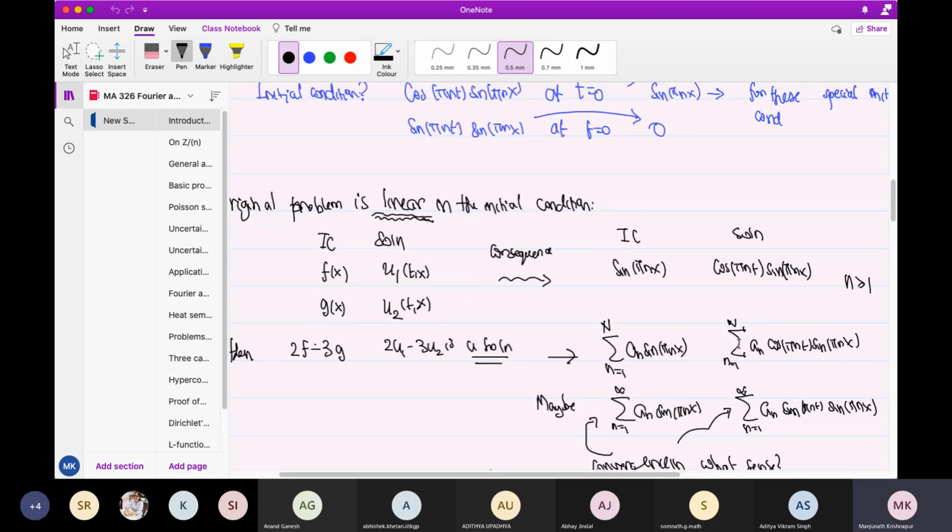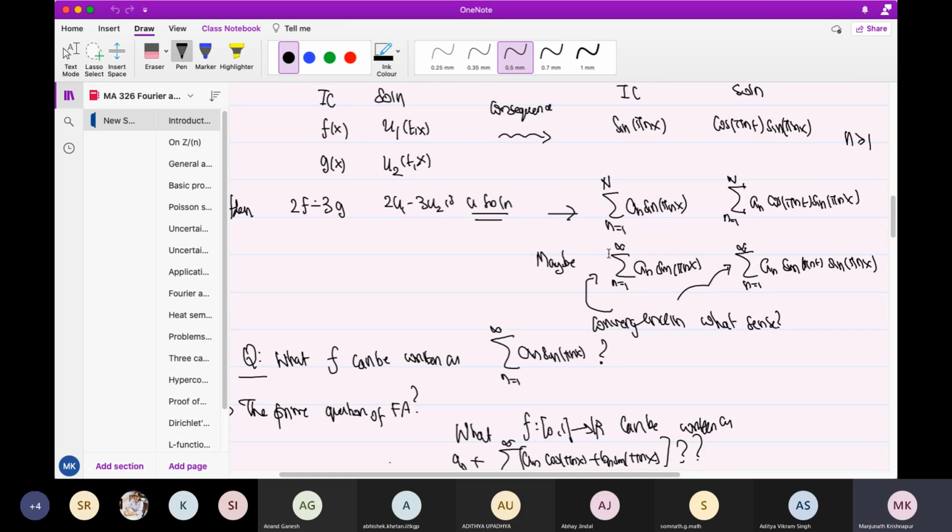What that allows you is that your initial conditions are more general. If you just took one of these, the initial condition would be a sine curve or a cosine curve or something. But by taking superpositions, we can get more general initial conditions. So a natural question was, can every initial condition be thought of as a series like this? Not with finite n, that is clear, but maybe with infinite n. That is, if I take an infinite series,